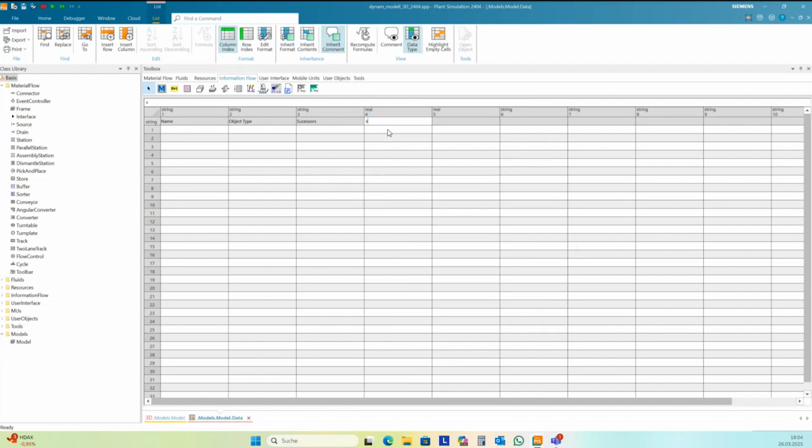So we need an X position and a Y position if you want to have some visual representation of your model. And we need a lot of attributes for the objects. At least we need, for instance, the processing time.